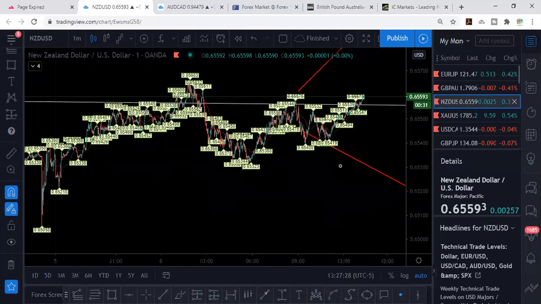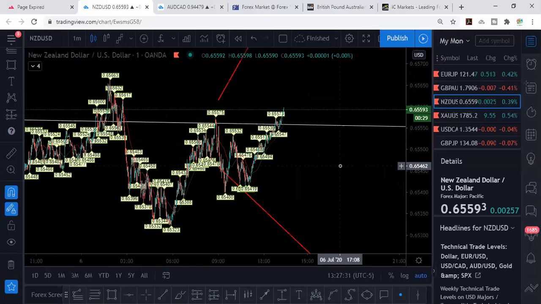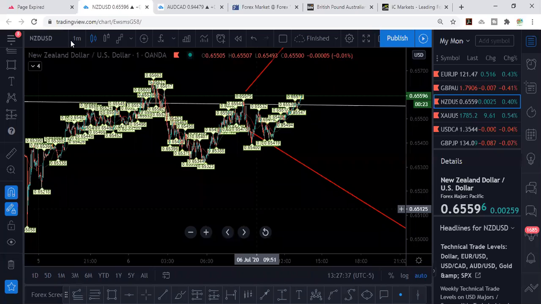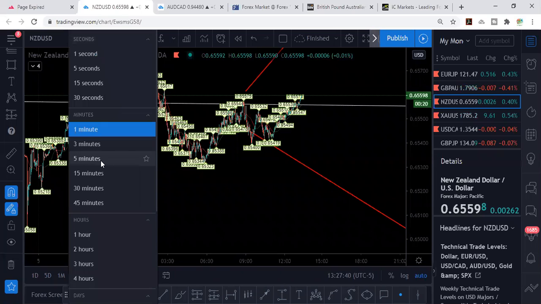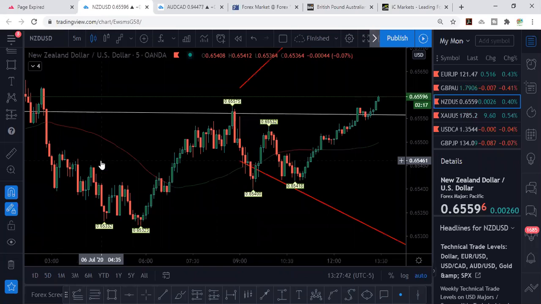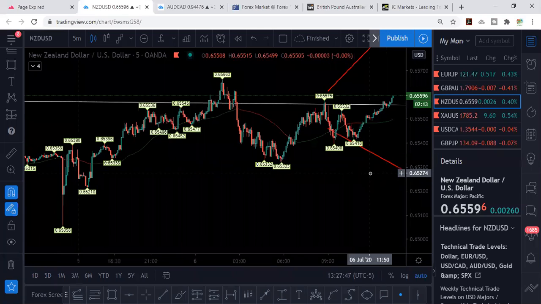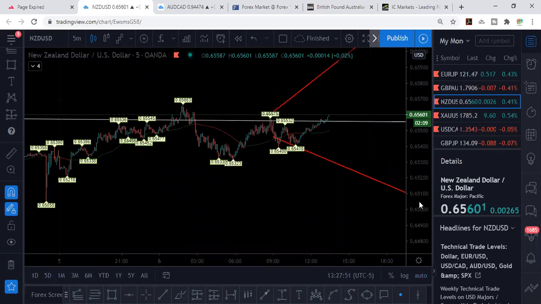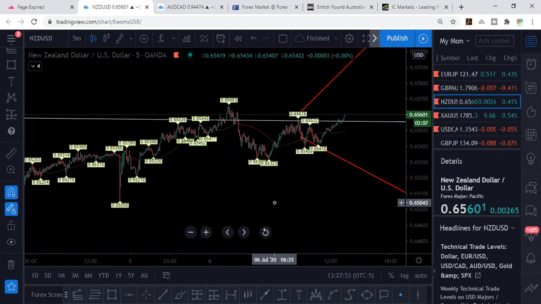NZD, I'm already back in negative with that. So let me check. I'm gonna leave that. I've reduced my lot size. Yeah, I'm also in negative right now for NZD. Like I sold, so you sold and sell it, and it's probably not gonna end up only mark as positive